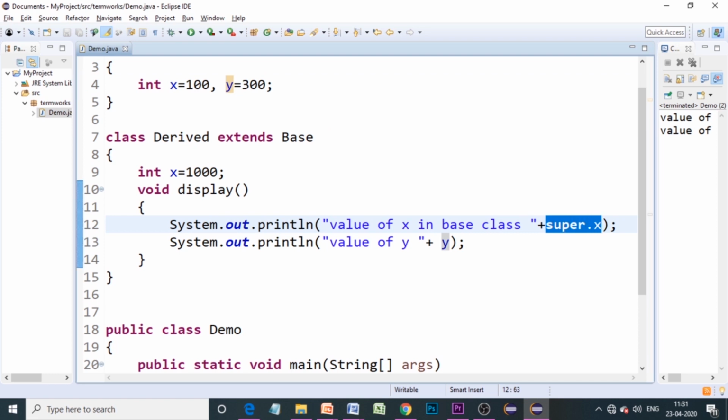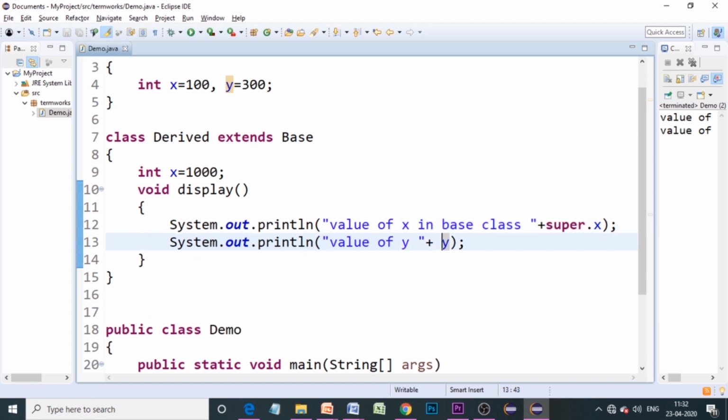The reason is very clear here, because we have x defined in the base as well as in the derived class. So whenever we have data members having the same name in the super class as well as the subclass, and if we would like to access the value of that data member from the base class, we have to use the super keyword.